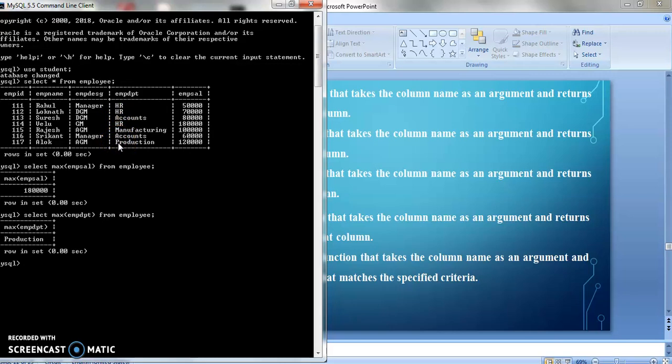So P comes late. If you see alphabetically A, B, C, D like this, P has the maximum value. Because it looks at the first character, and in the first character P is the maximum value, that's why production is coming. So that's how the max function works.